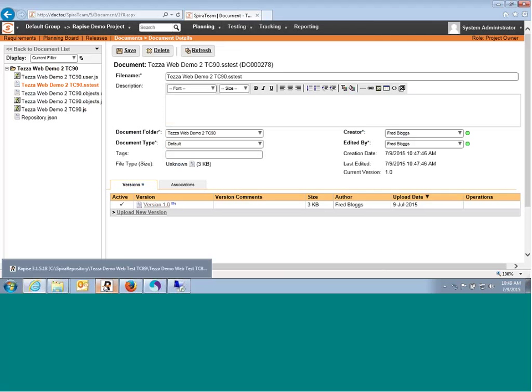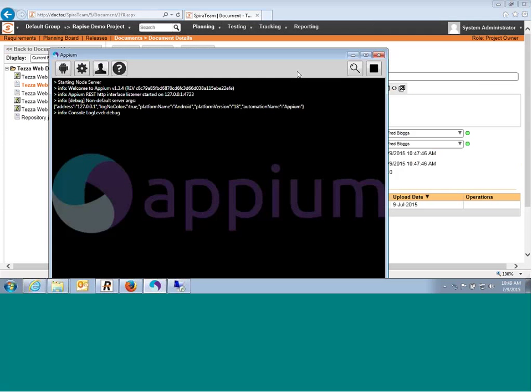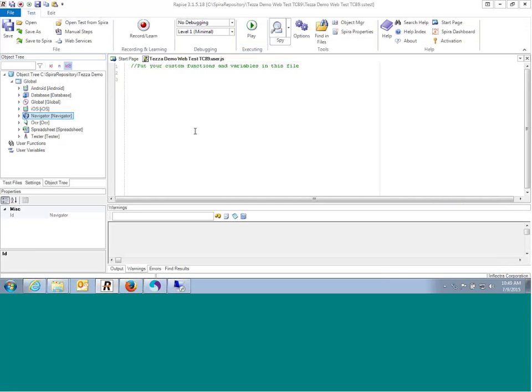Okay, so the next thing we'll do is mobile testing. For mobile testing, we use a tool called Appium, and this acts as the gateway to the device. If you're going to use a device on a PC, it's Android devices only, but we can also connect to a remote Mac server that will have all the different devices if you're using Apple devices. So a Windows server can host Android devices, and a Mac can host both Android and iOS, and Rapise can connect to both. So in this case, I'm going to create a new test,